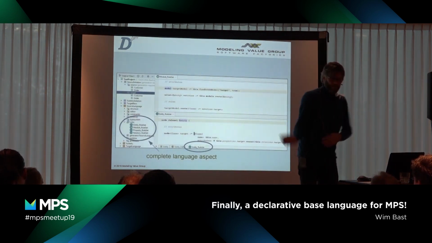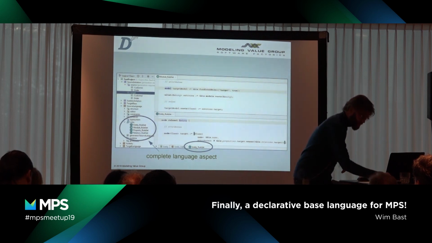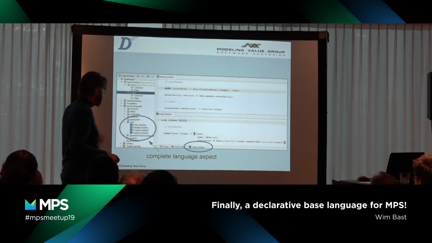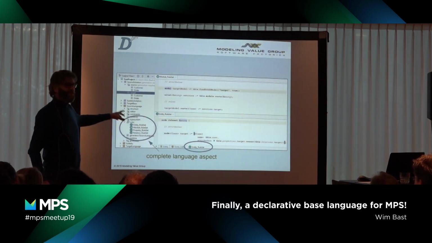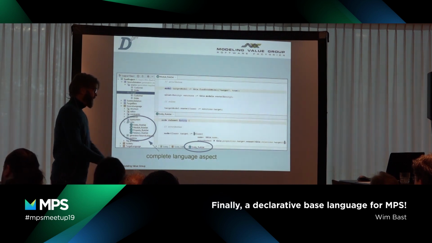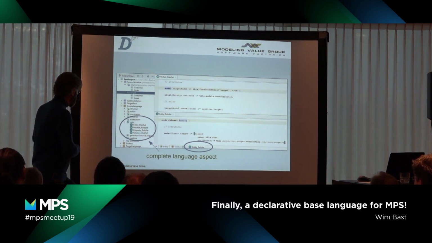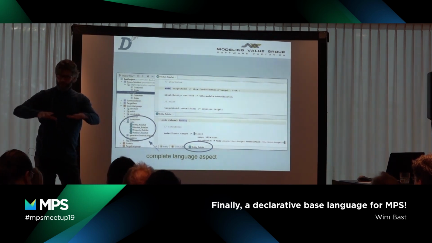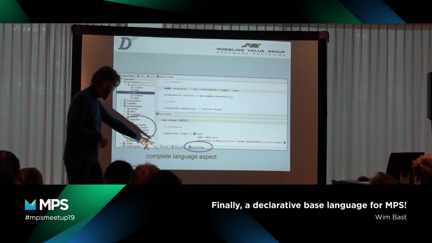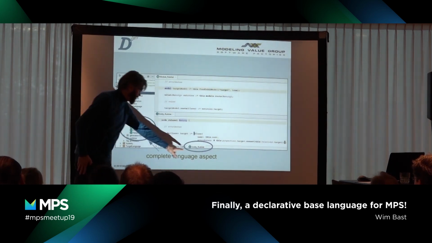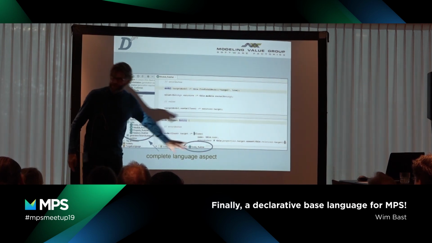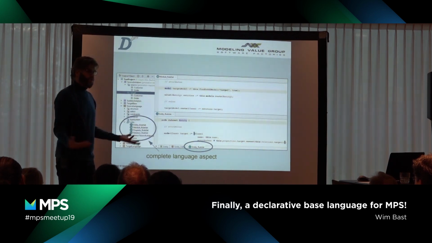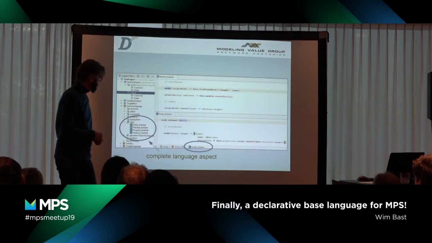So what I'm going to demo is how you define those rules for a transformation. And you see there's just a new language aspect. It's a full-fledged language aspect as you are used to in MPS. So you can use the plus, and you see if there are rule sets for a specific concept. And of course, you have an extra tab. These ordinary things that you have for any language aspect are supported. So it's well integrated in any sense.